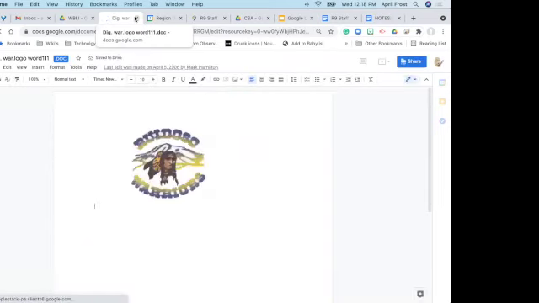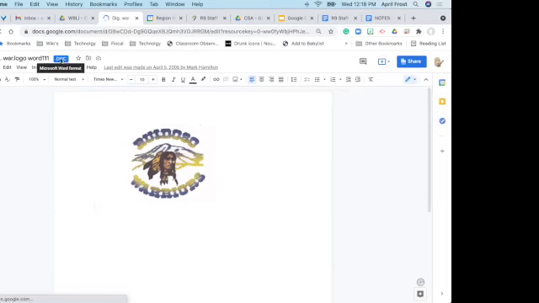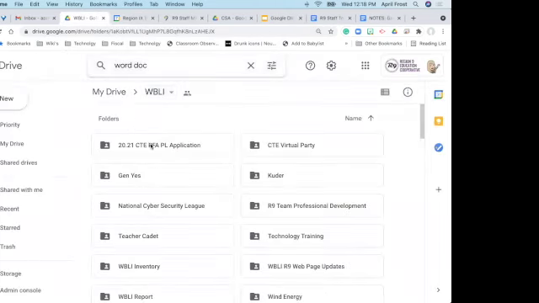Oh, it's probably when I was working on something a long time ago when I was at a School-Based Health Center. But if you notice, it has a different type of Word format or icon that lets me know that it's a Word document. So going back to Drive,